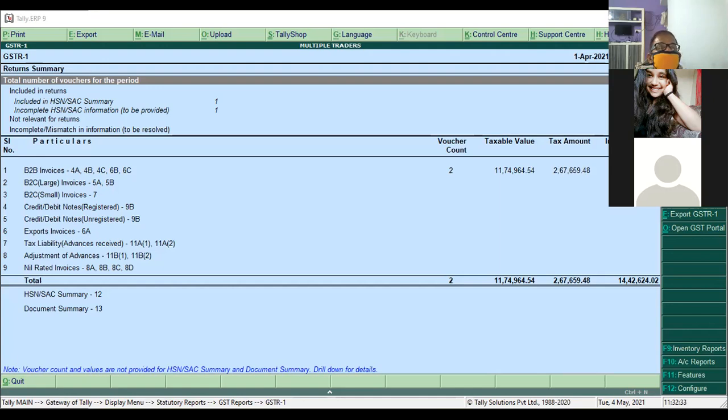Next is B2C small invoices, no small invoices. Then any refund, reward charge, nothing is there. Now we have the refund voucher, nothing is there. Then exports, have you exported your products? No, nothing is shown here. Then next, summary of advance receipt, have you received any advance? No, nothing is shown there. Any advance adjusted, nothing is shown in this Excel sheet.